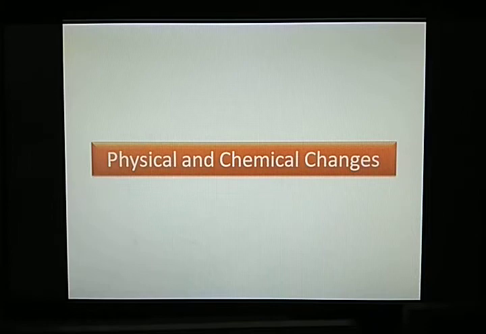So we'll be discussing how these changes occur in nature, what is the root cause behind it, and how these changes help us in our day-to-day activities, as well as in the formation of this world, or even in the universe itself. So all this we'll be discussing, and the day-to-day activities, how they occur, how the substances are created, how they change their form. All this we'll be discussing in this chapter. So let us begin.